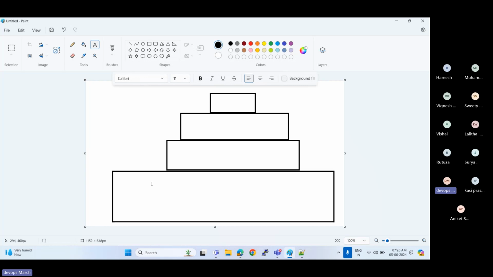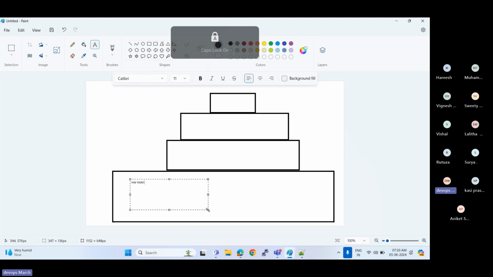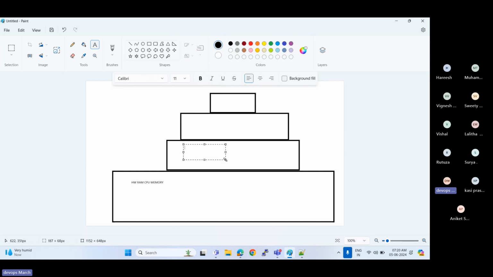So if we go here: hardware, RAM, CPU, memory, everything will come under this, and this is the operating system. The operating system can be Linux, CentOS, Ubuntu, Red Hat, anything.